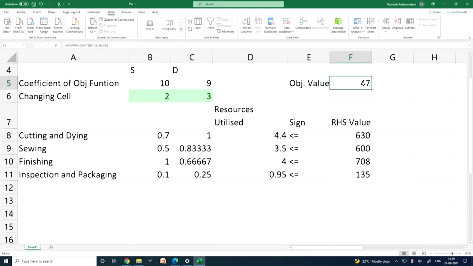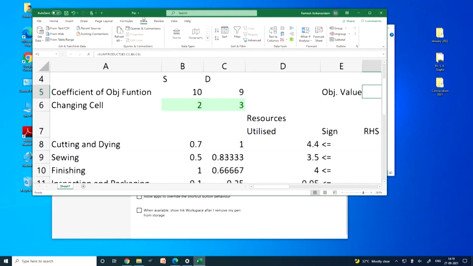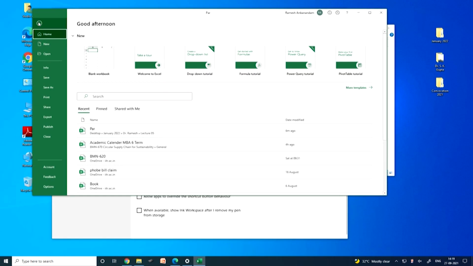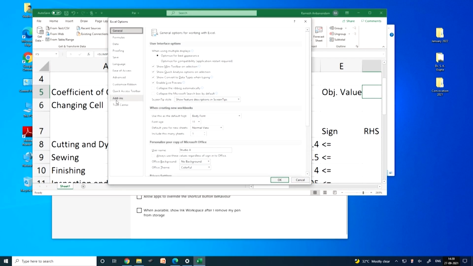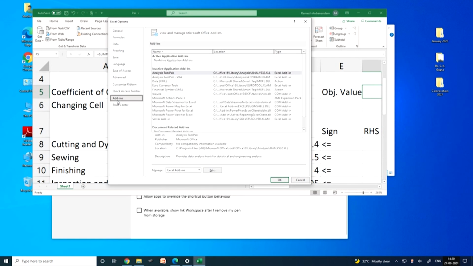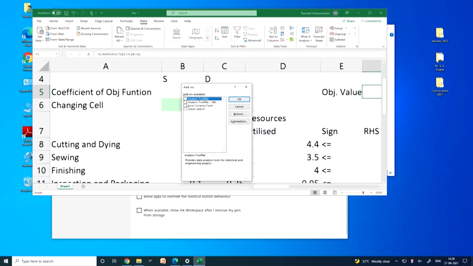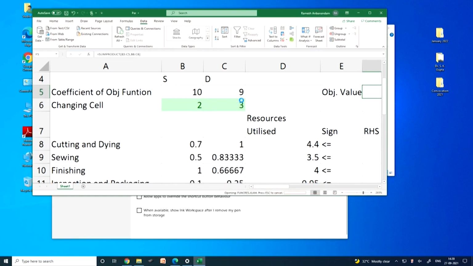Now, I am going to use Solver. When you go to the Data tab, you see that there is no Solver option on the extreme right. So, what do you have to do? You have to go to File, click on Options, then there is an option called Add-ins. Here you have to select Solver, go, select all, because the Analysis ToolPak may be used for any statistical analysis. Press OK.